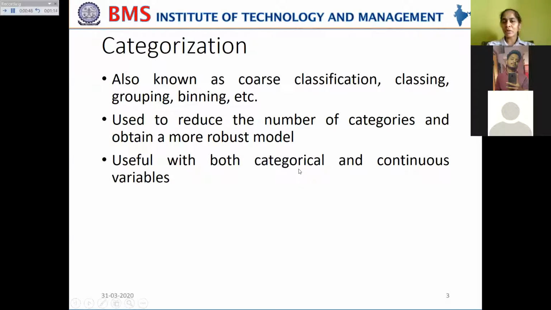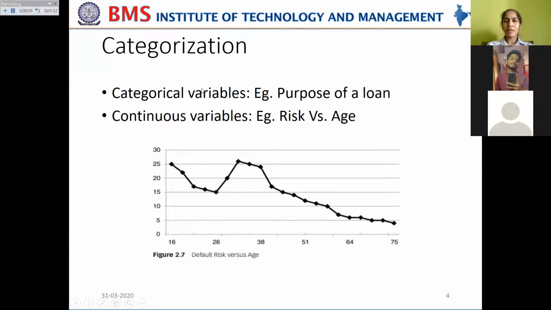You all know what a categorical variable is, right? In the last lectures, we have seen types of data items. Under that topic, we have also seen categorical and continuous variables. Categorical variables are those having classes, different categories. Say fraudulent transaction or genuine transaction, or defaulter or good payer of the loan, or male or female. These are all categories. Whereas continuous variables have float values, like the weight of a person, 20.5 kgs, 32.6 kgs. These are called continuous variables. Now this categorization can be used with both categorical and continuous variables.